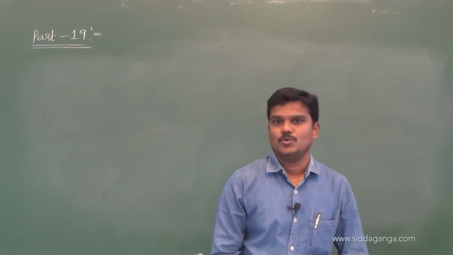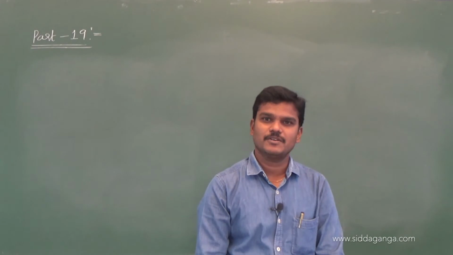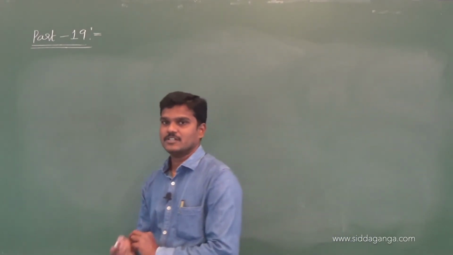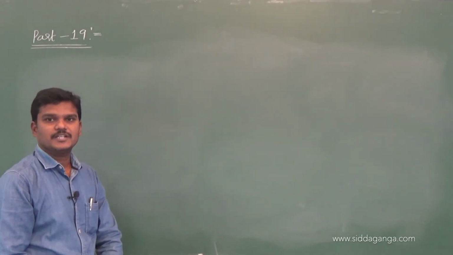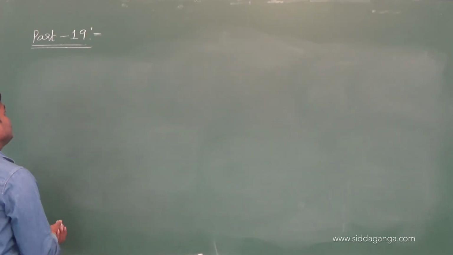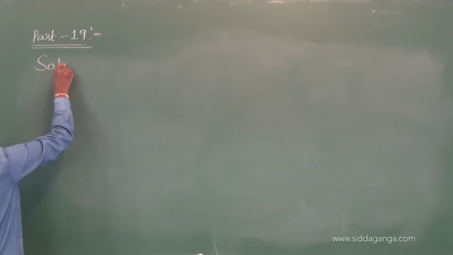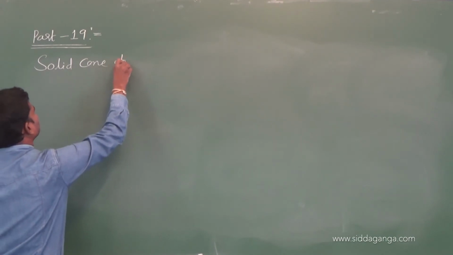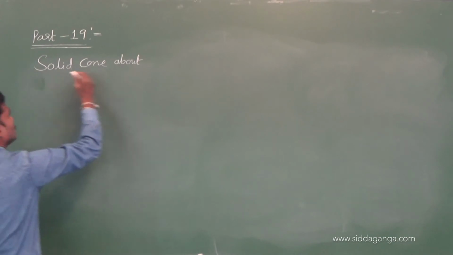Solid cone, hollow cone. Okay, derivations are your interest, but this derivation part is important. This method is important for JEE level. So, this is one of the good questions. So, write the heading: moment of inertia of a solid cone about its own axis. Write down the heading, moment of inertia of a solid cone about its own axis.